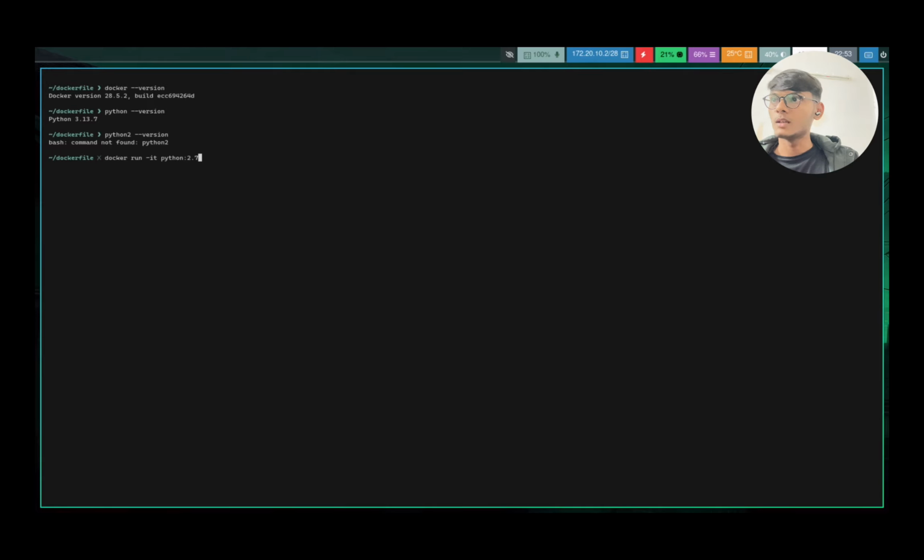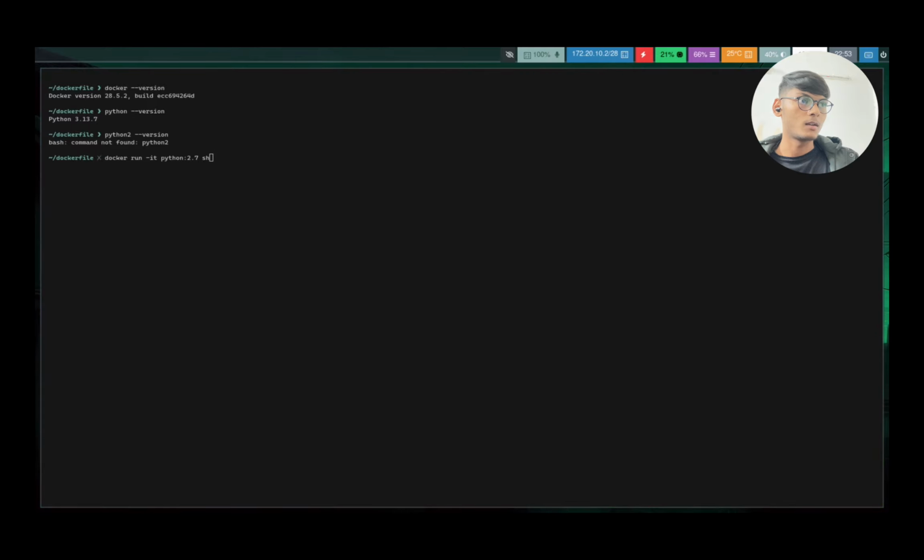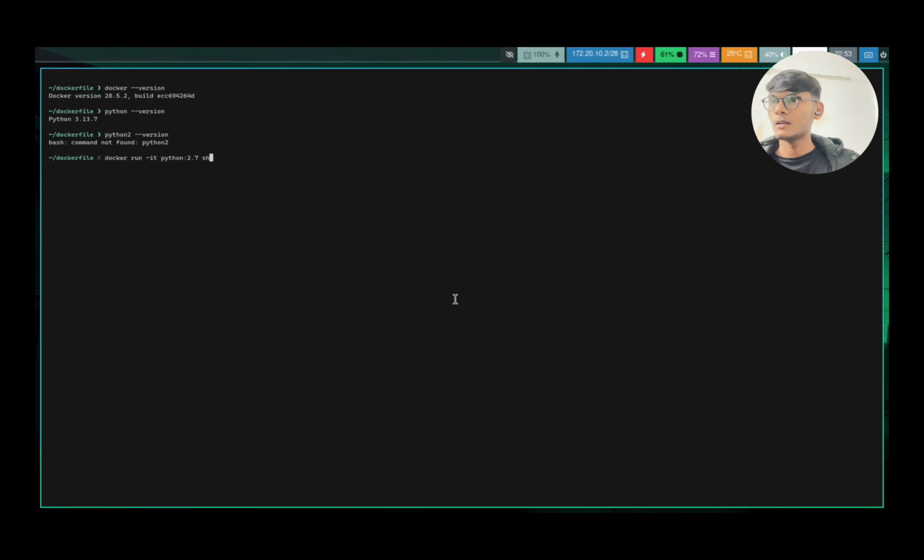We will check why -it is used in Docker. It is used for creating, running and deploying the container, for running the image.